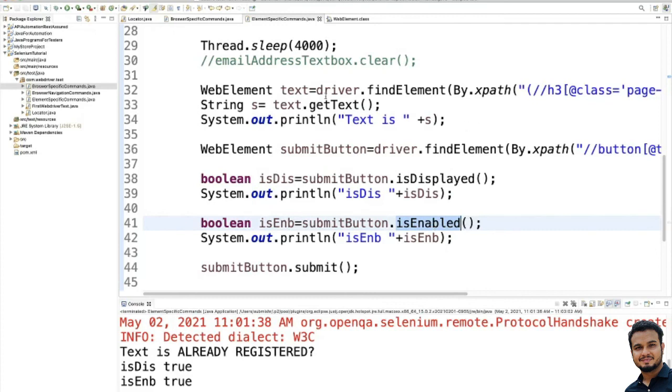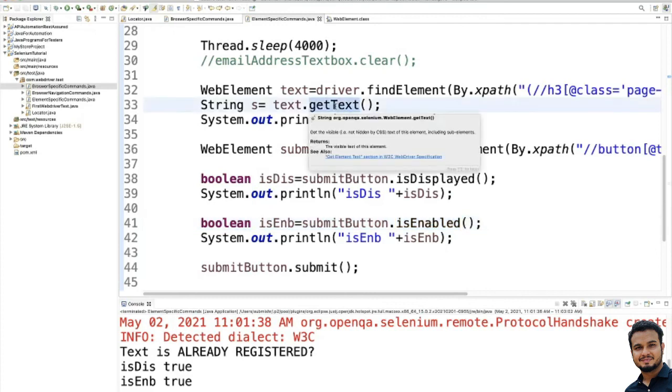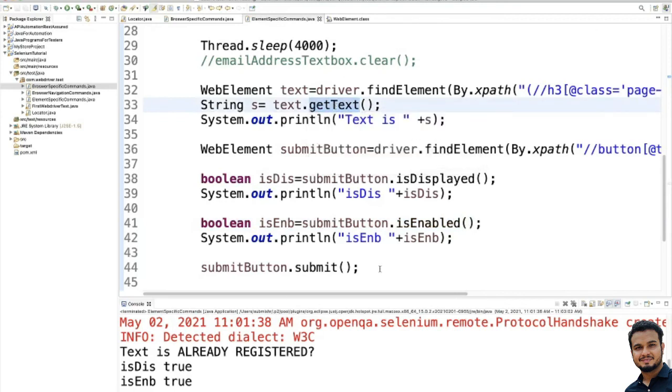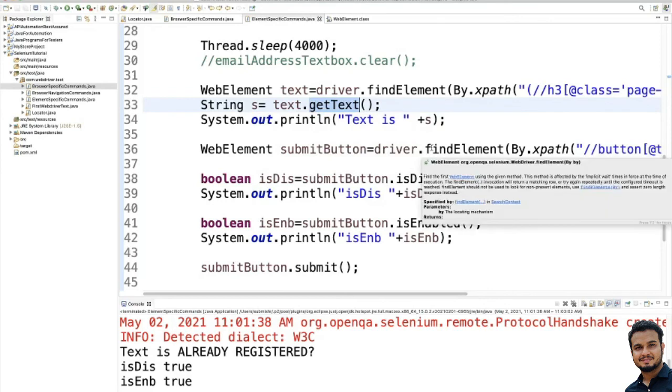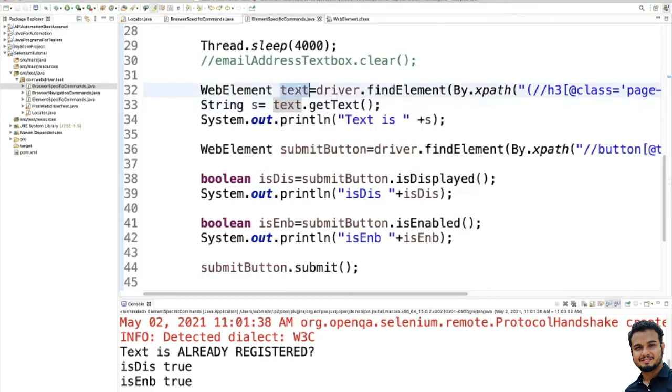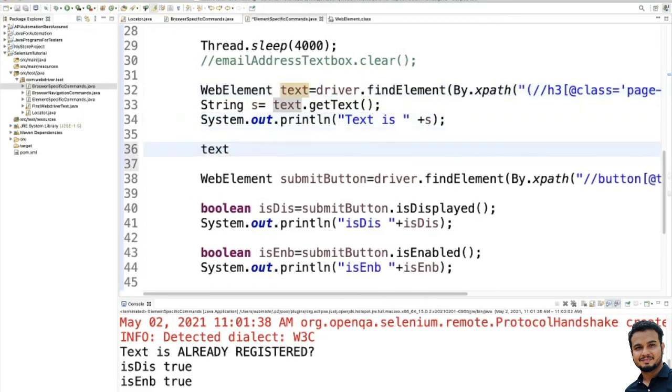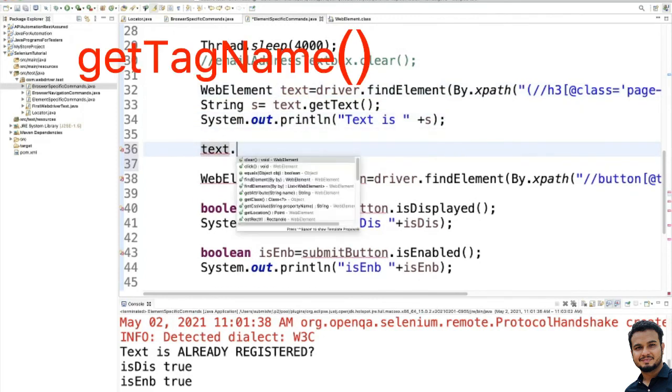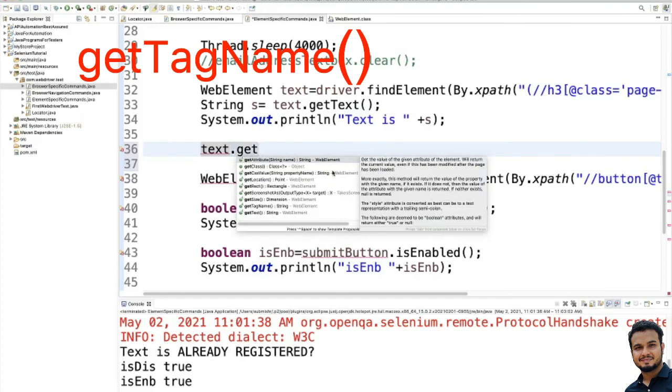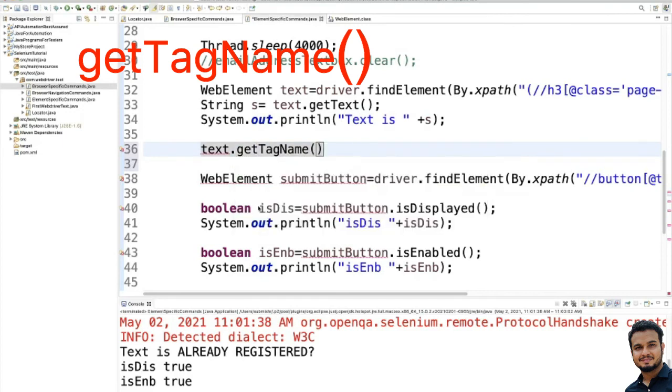And getText is very, very important. When you need to fetch what the text is there, you can always use getText. Similarly, I can show you some more methods. For example, text.getTagName. This method gets the tag name of the element.